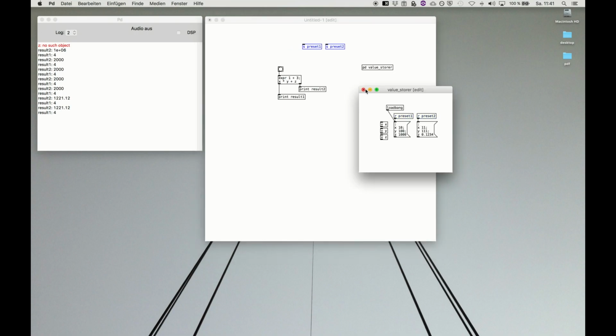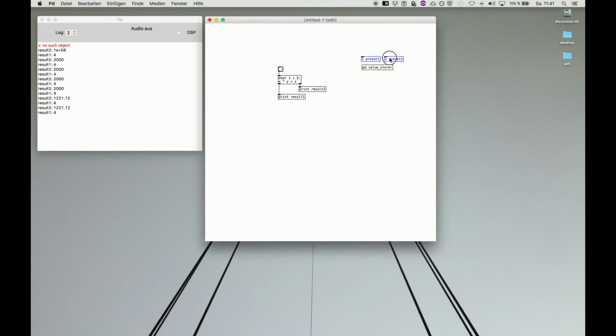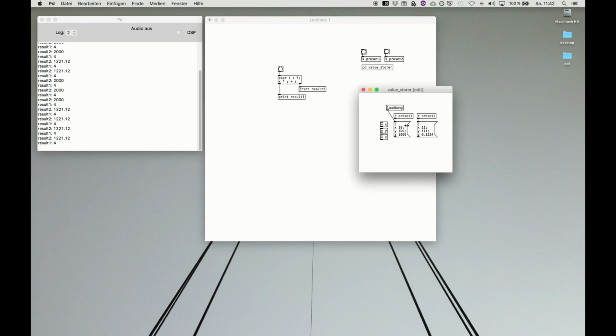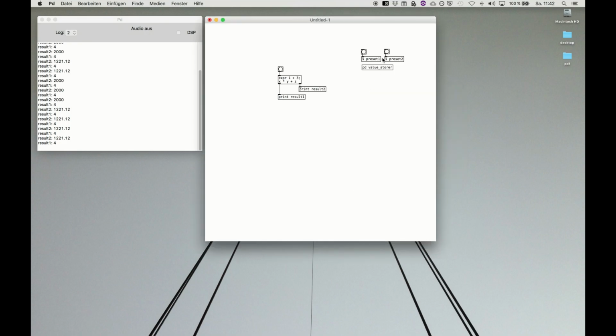And now we can use, for example, just two bang buttons, this and this, to change between two presets. So we say preset 1 working, preset 2 working, and this is because in here the bang is received and selects the messages. So now messing the screen with all the send preset objects is also not the best solution. So we delete them